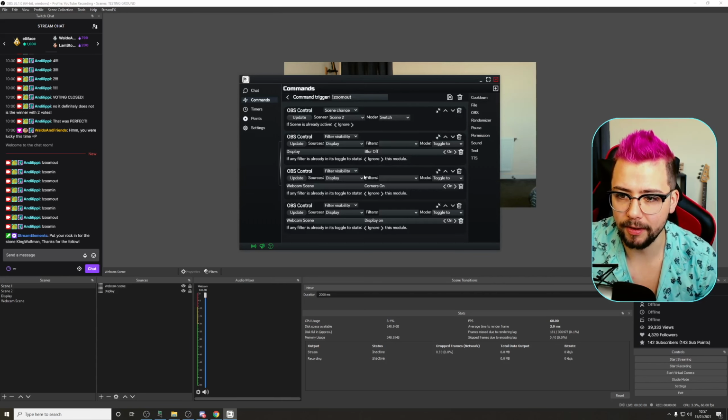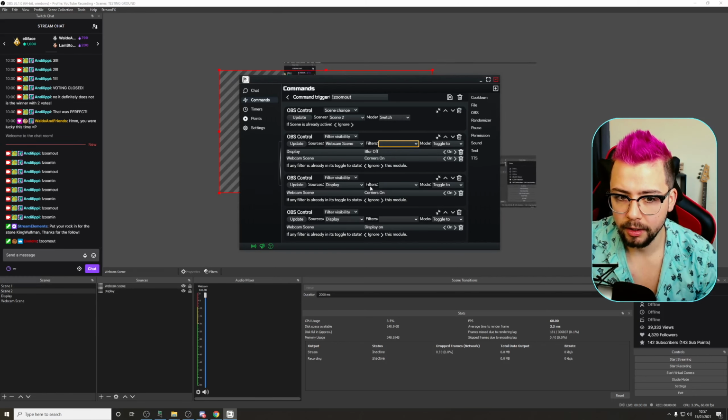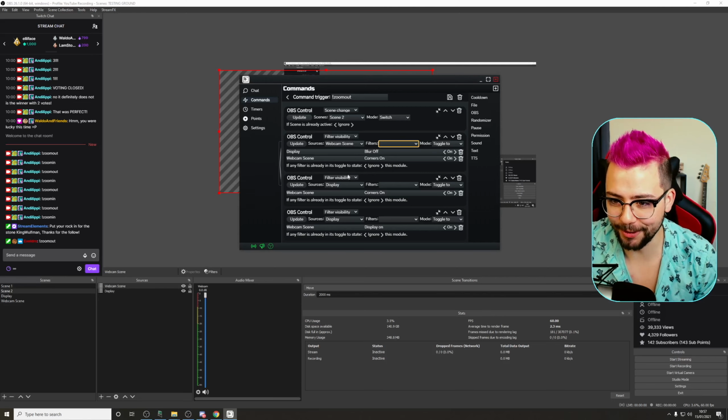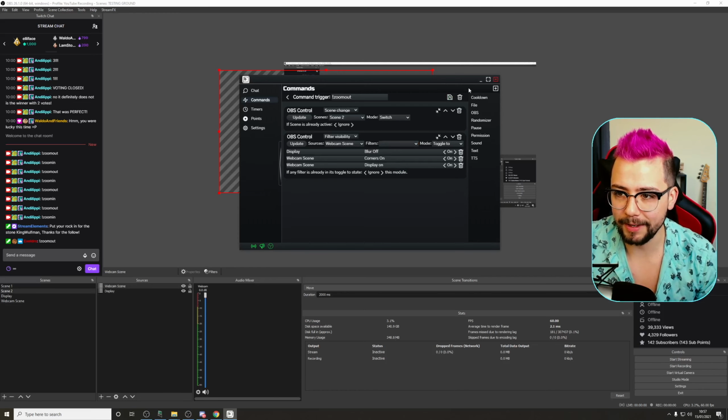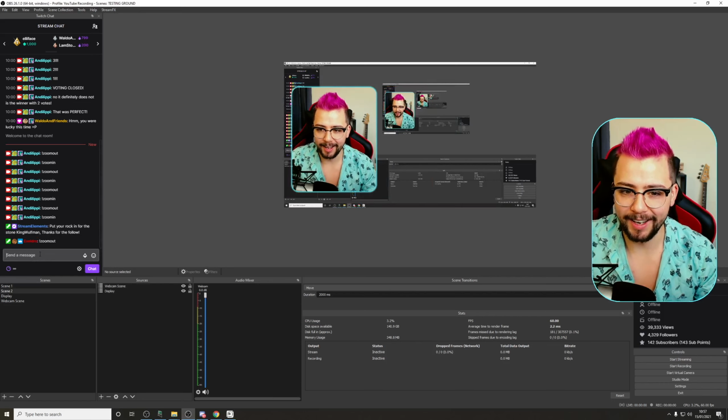I'm going to do that same for the zoom out. So we're going to add the webcam scene. We're going to do corners on. Oh, Exeldro's hacking in. And we're also going to do the webcam scene for display on as well. And that adds them both together, just like so. If I press save, go back, and I get